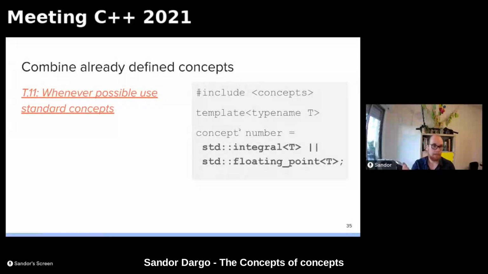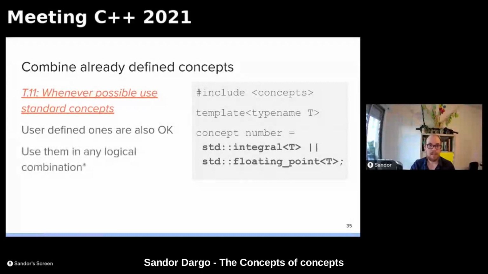Just like most probably an algorithm will perform much better, much more reliably than a raw loop that you would write yourself. So we can also combine, obviously, user-defined concepts,